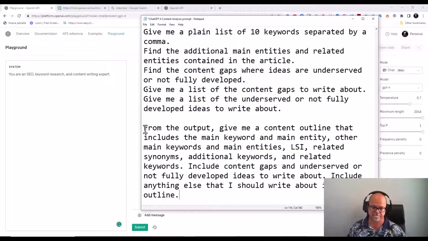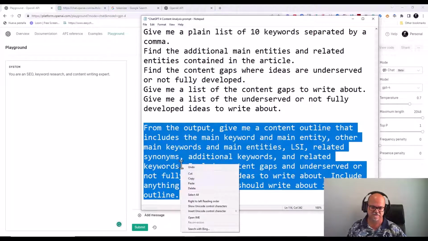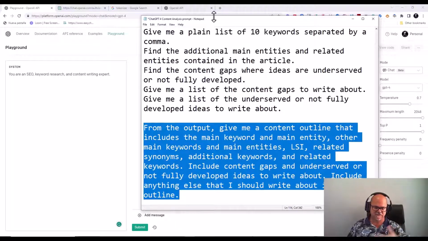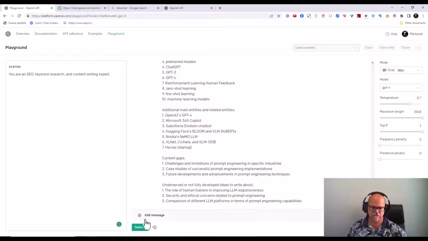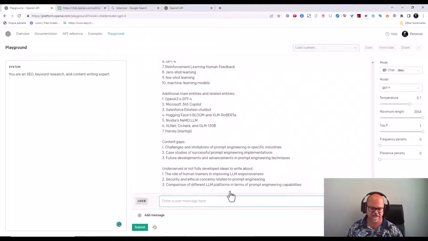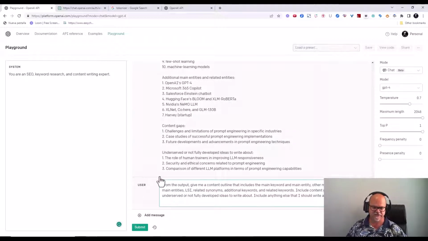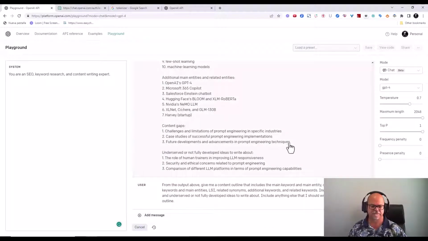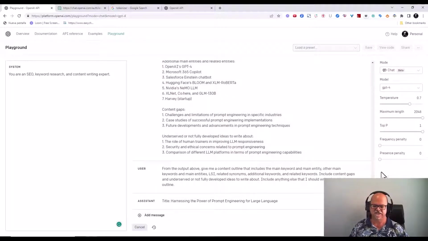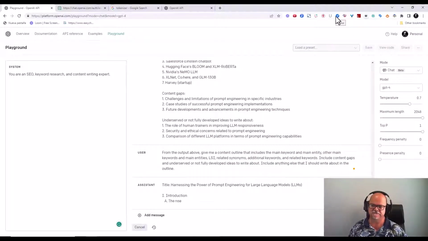There. I don't want to clear it because I want it to continue. This is my assistant, my chat assistant, correct? And so I want it to continue with this idea. So I'm just going to add a message. I'm going to paste it from the output above. Give me the... and so now I'm going to submit and see what it says. Here it comes. I'm going to pause it.